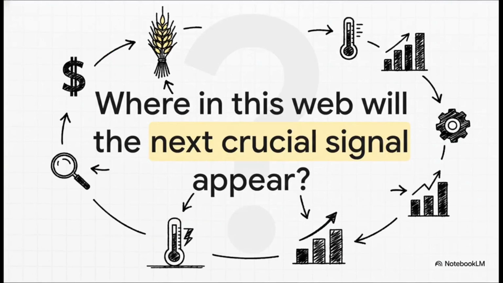And that really leaves us with the big takeaway. The financial world is not a bunch of separate boxes. It's one huge interconnected web. A small tremor in the currency markets can signal a big move in commodities, which can impact inflation, which forces the hand of central banks on interest rates, which in turn shakes up both the bond and stock markets. So the real question isn't just what are stocks doing today? It's where, in this entire web, is the next big signal about